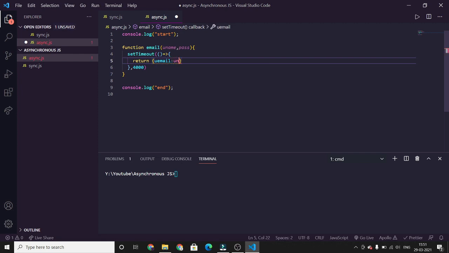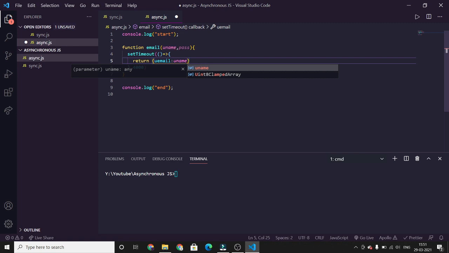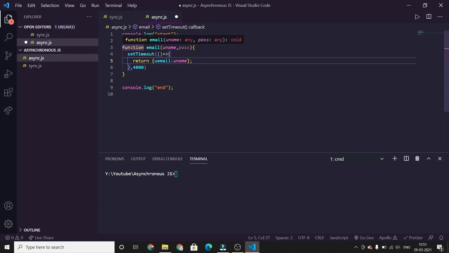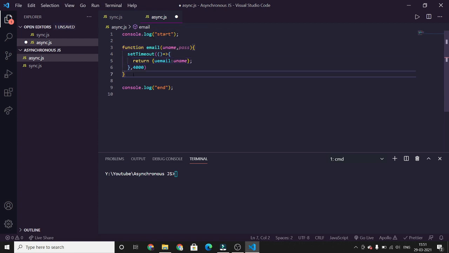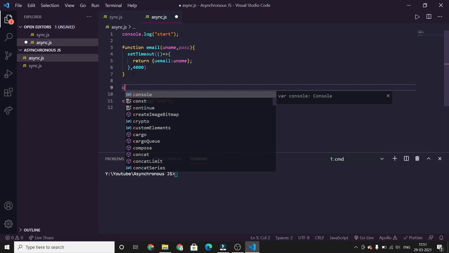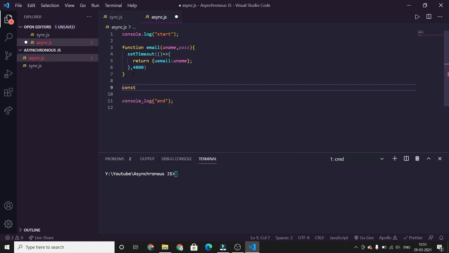We will just pass uname as email because it is just a dummy program we have to demonstrate. So function email is acting like it is fetching data from the server. We have to store the received data, so declare a constant user equal to the invoked function, passing the parameters.